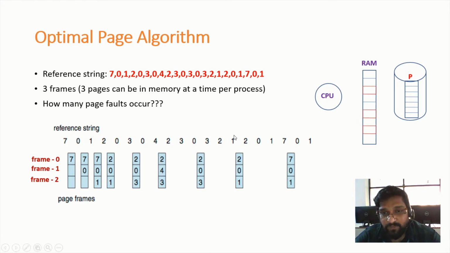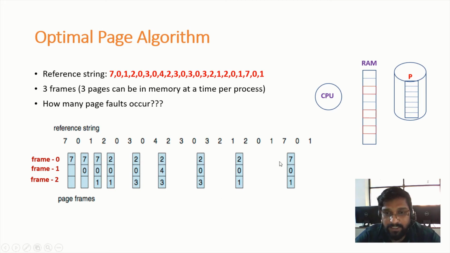So now this page number 1 we need to move from hard disk to RAM, right? Now the question is which page number we need to replace with page number 1. For that we need to see the near future starting from 1. So in near future I need page number 2, so therefore page number 2 should not be replaced. And in near future I need page number 0, so therefore page number 0 should not be replaced. And the leftover is page number 3, so therefore page number 3 should be replaced with page number 1. So after replacing page number 3 with page number 1, the contents of the RAM will look like this, that is 2, 0 and then 1.